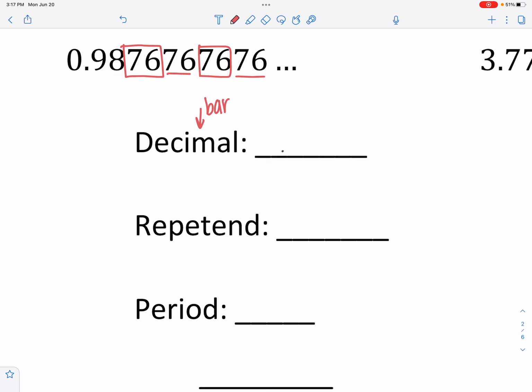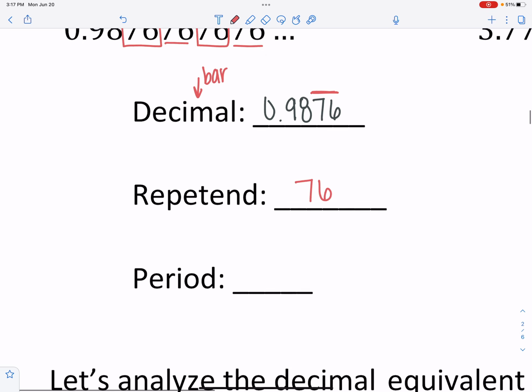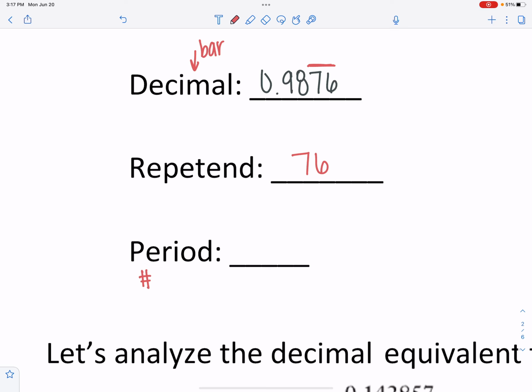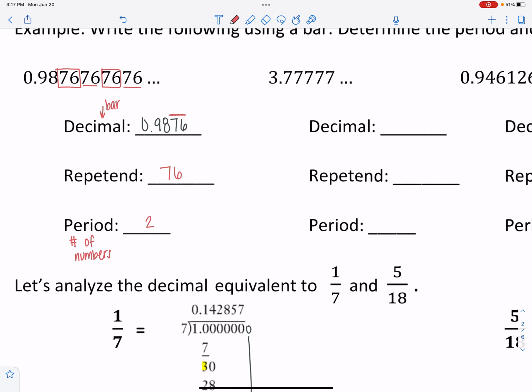Now I can't put the bar over 98, but I can put the bar over 76, because if I put it over 98, then that means the 98 is also repeating. The repetend, or the numbers that repeat, are going to be 76, and then the period is the number of numbers, which would be 2 of them. Okay? All right, the next one,